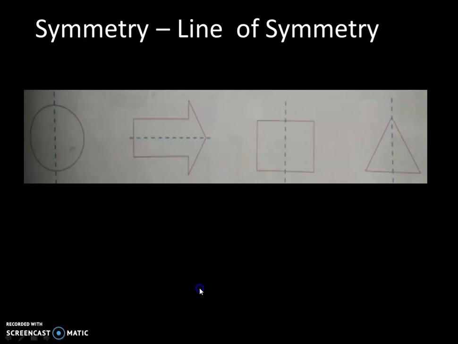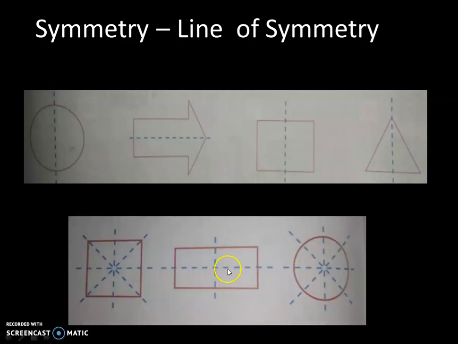Okay, so another set we can see. A rectangle has two lines of symmetry, whereas a square has one, two, three, four lines of symmetry. And even for a circle, not only four, you have a countless number of lines of symmetry, because a circle has many lines of symmetry along with each other. So that is countless, for a circle alone we can say.